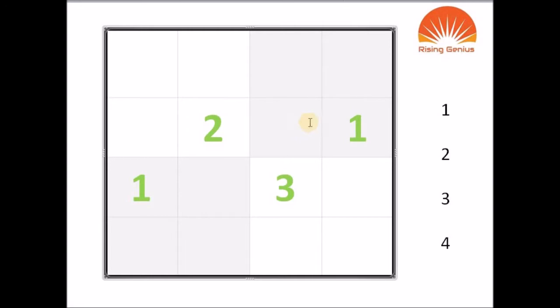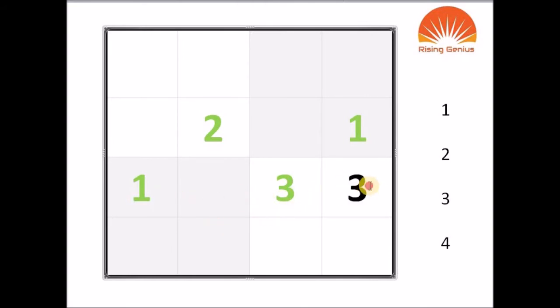Rule number 2 is that these numbers should not repeat at any of the lines. So, if it's a sleeping line, it is called a row. So, the number should not repeat in any of the sleeping lines. So, if you have a 2 here, you cannot have a 2 here or here because 2 is already here. So, in the sleeping line, you cannot have a 2. Again, this 1 also you cannot have it here or here because 1 is already in the sleeping line. Clear? Similarly, if 1 is in this sleeping line, then you cannot have 1 here or here. That's wrong. And if you have 3 in the sleeping line, you cannot have 3 here or here.